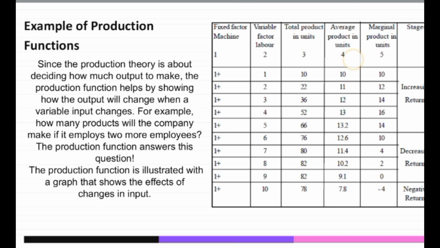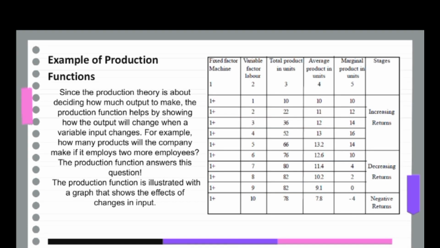but the thing I want you to look at here is that from 10 to 14, look at the marginal product in units. From 10 to 14, it is increasing returns to scale. From 10 to 12, 12 to 14, 14 to 16, it is increasing returns to scale. Increasing returns to scale means that however much input you put in, the output is more than double that input. It means the output is more than the input you have invested into the production of any